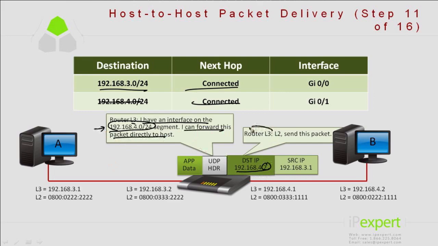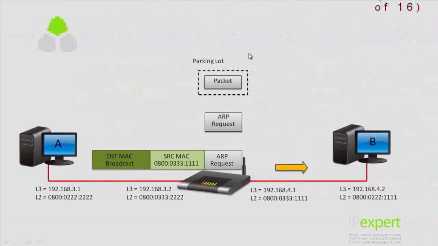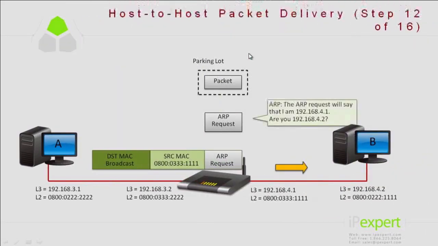The router at layer 3 is going to tell layer 2 to send that packet on, so it goes through the encapsulation process. This packet is ultimately going to make it to B, or it's going to try to. So we have ARP. The ARP address will say that I am 192.168.4.1, and we are trying to reach